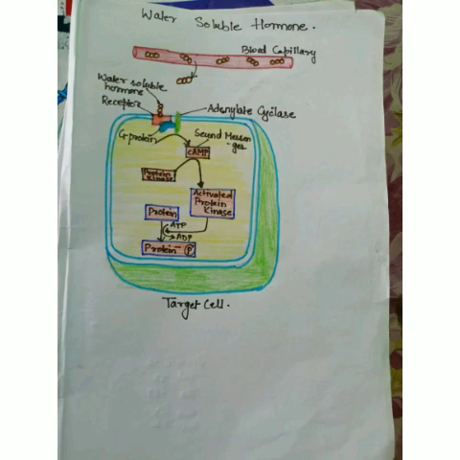Then cyclic AMP, which is the second messenger, activates one or more protein kinases, which may be free in the cytosol or bound to the plasma membrane. The activated protein kinases phosphorylate one or more cellular proteins. Phosphorylation activates some of these proteins and inactivates others. Phosphorylated proteins in turn cause reactions that produce